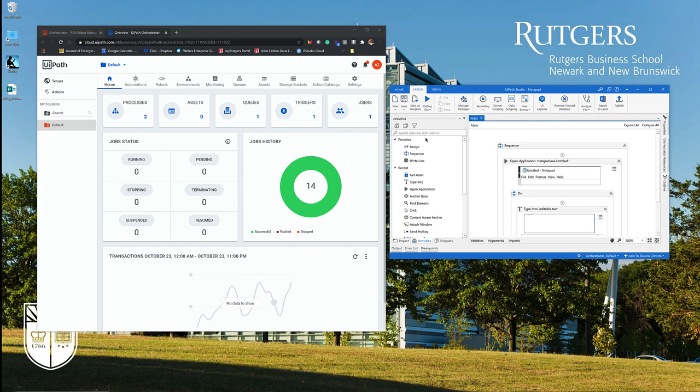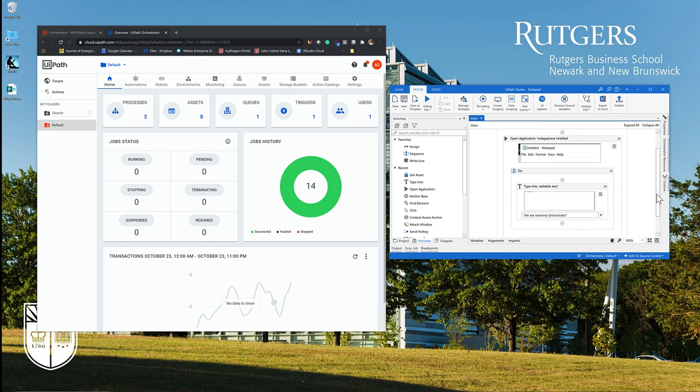Now, I will show you how to create an asset and how to use the asset. In this practice, we need to open the Notepad workflow that we just created. And here, we are going to create an asset named message. And we are going to replace the text that we type into the Notepad with the message asset. So now, let's go to our Orchestrator,